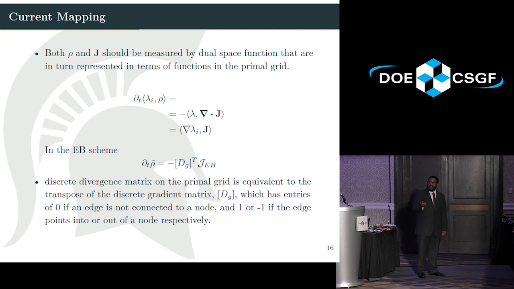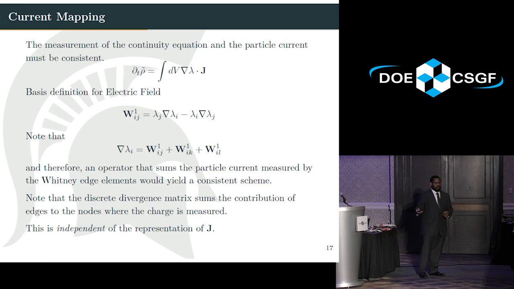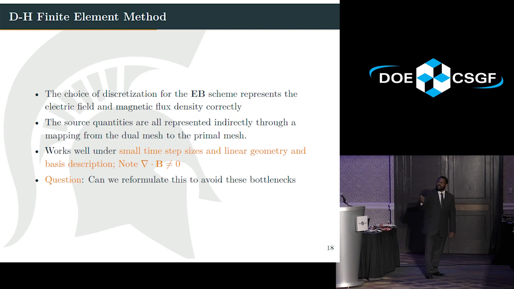And that's exactly what that operator does, where all the edges connected to a single node will have that current contribution there. And beautifully, for the basis functions that we use for the EB scheme, that's exactly what happens: the basis functions connected to that node connect there. The trick is that